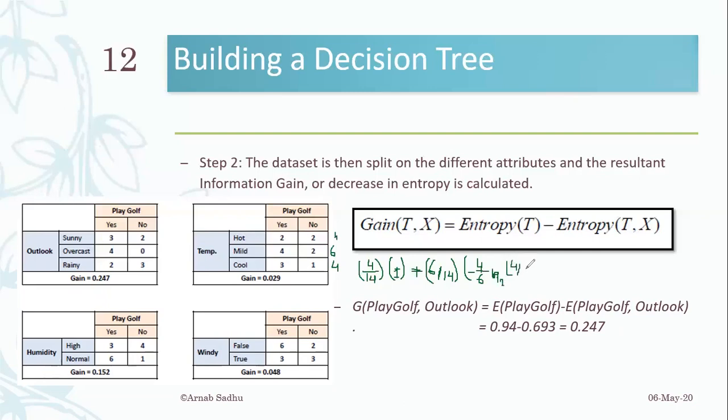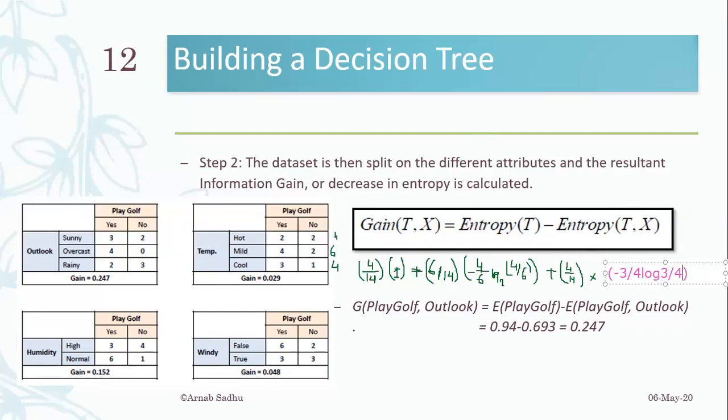Similarly, for the last one, it will be 4 by 14 again, into minus 1 by 4 log 1 by 4 minus 3 by 4 log 3 by 4. So I can do like this as well.